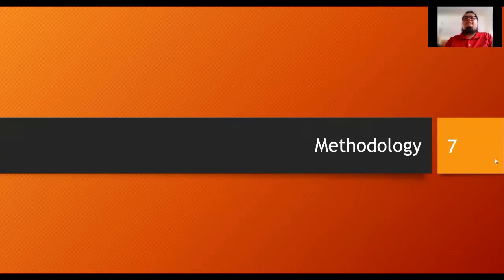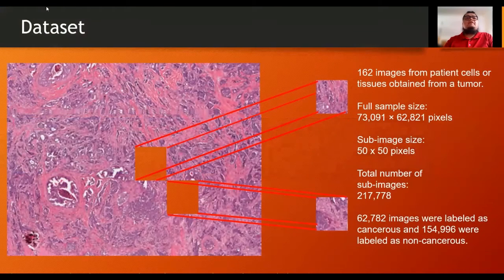The methodology. First, I'm going to describe the dataset that we used in our proposal. This dataset was obtained from a Kaggle contest. It is composed of 162 images from patient cells or tissues obtained from a tumor. This is the whole size of the full sample. It is around